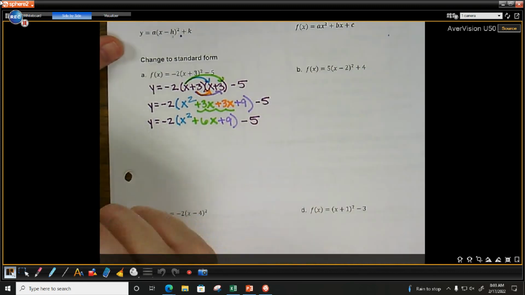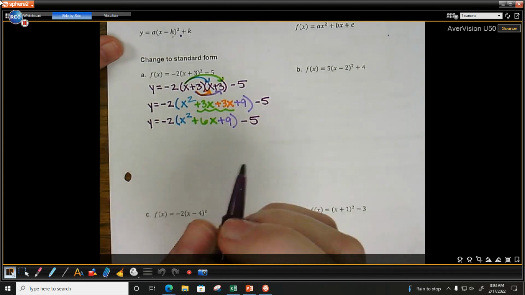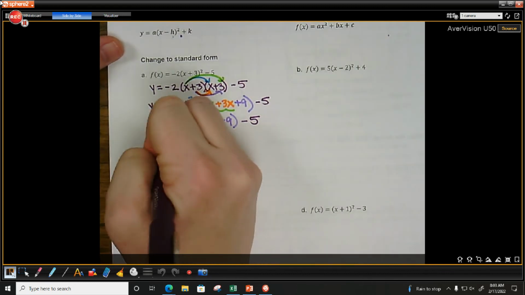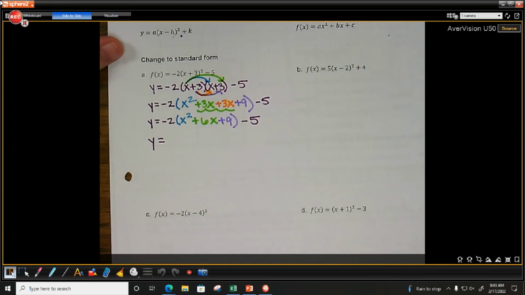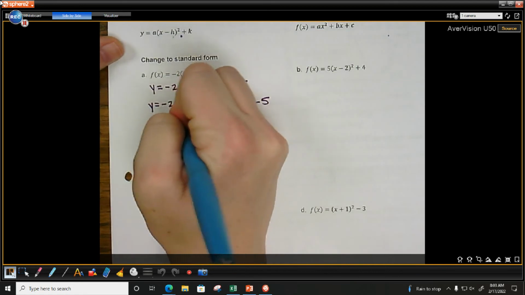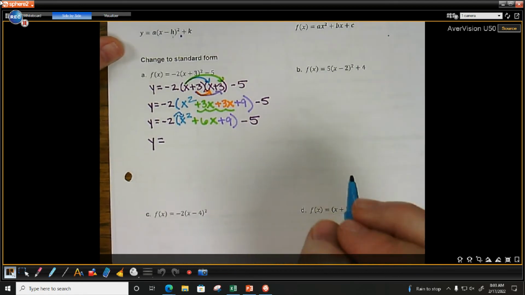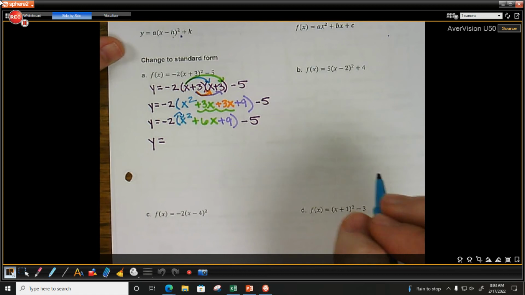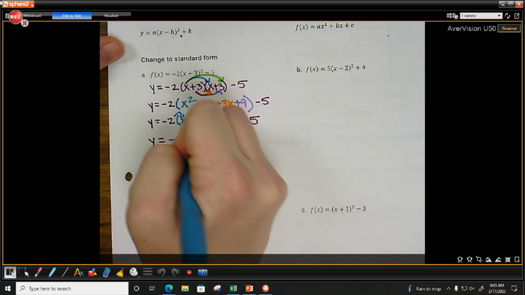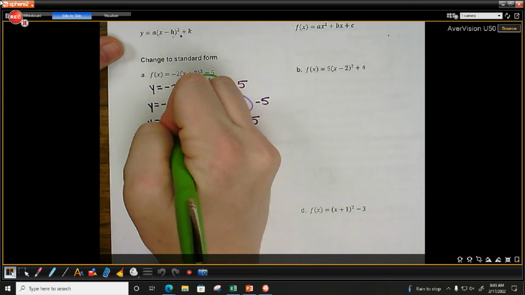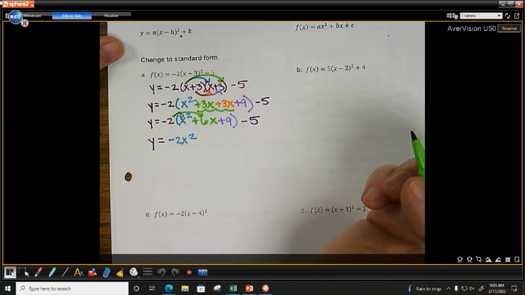So I have y equals. We're still not in standard form yet because I still have parentheses, okay? Standard form has no parentheses. So what am I going to do now to get rid of the parentheses, Peyton? Distribute what? Great job. -2 times x squared is -2x squared. -2 times 6x is -12x. -2 times 9 is,